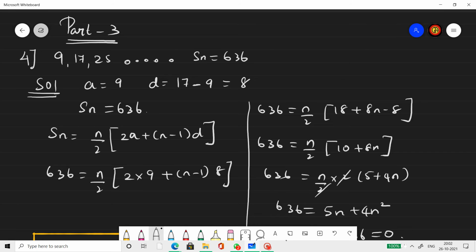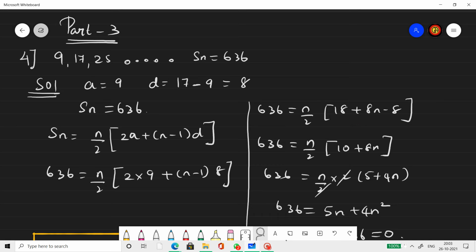636? A is given to us as 9. D we can find by subtracting second minus first term. Sn is given as 636. So Sn formula is n by 2 times 2a plus n minus 1 into d. N is the only term that is missing out of this, so everything else is filled up with their relevant values. So we get this, and then when we simplify you get 18 plus